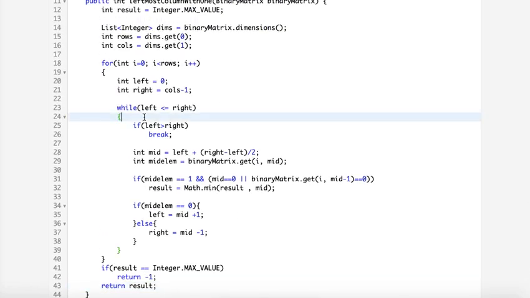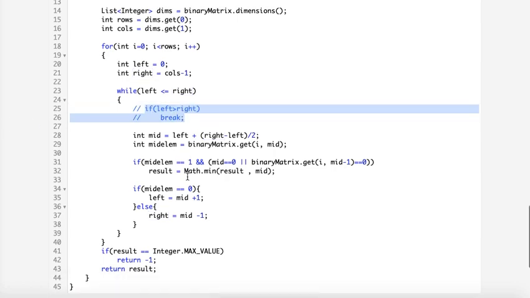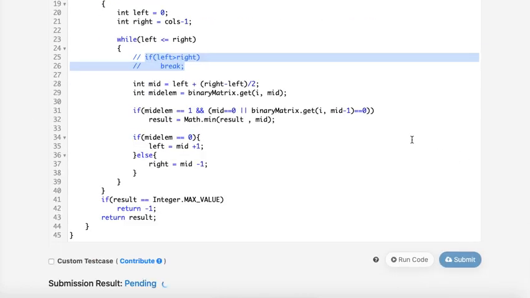That is what we were thinking. So here instead of left greater than right... sorry, this was not at all necessary. This entire thing was not at all necessary. Even with this, I would have got the same thing.